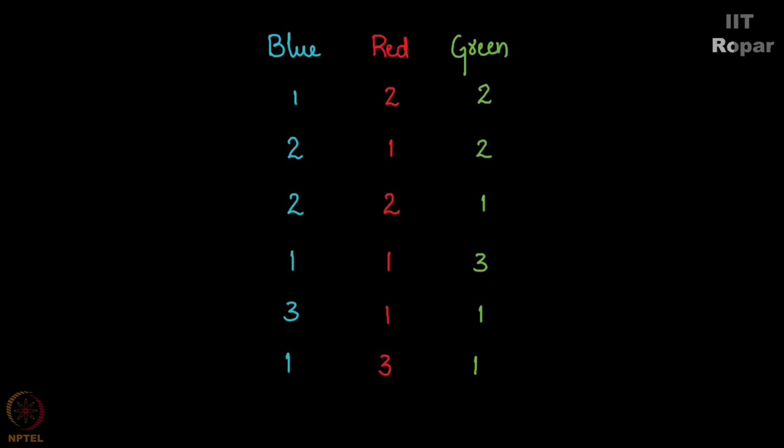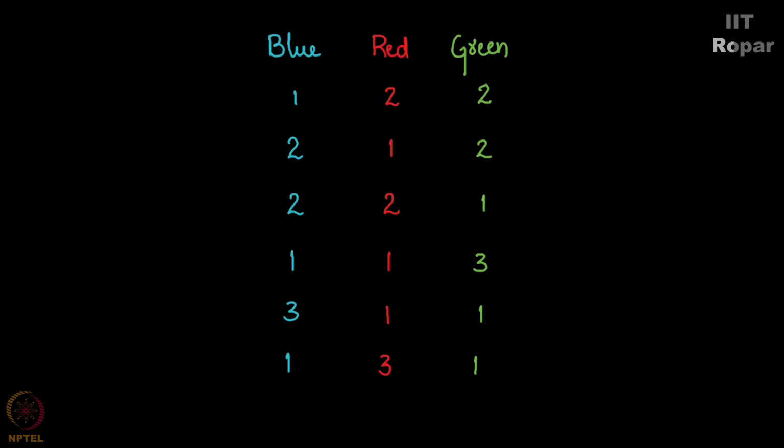Now, can we have any other possibility? Let us see. In case I write 4 here in the place of blue balls, I cannot write 4. Do you see why? Because in case I write 4 here, I am forced to write 1 in red. But what will I write in green? It's a question mark. Right? I cannot write anything in the place of green because I'm already done with 5 balls. This is not valid. In case I write 5, it is very obvious that that is not a valid possibility. So the only possibilities we see are these 6 possibilities.